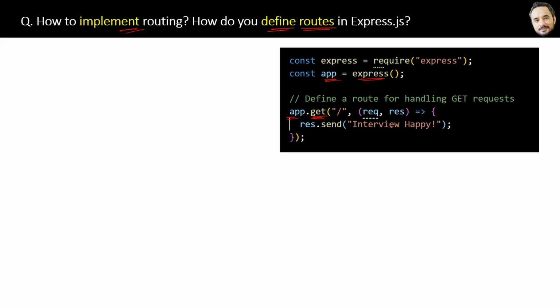I am calling it the get method. Okay, so this is simply how we define the route. Nothing special. Now it means for every get request, this inside code will be executed. But in real applications, we redirect it to the controllers, which I will show in an upcoming question.